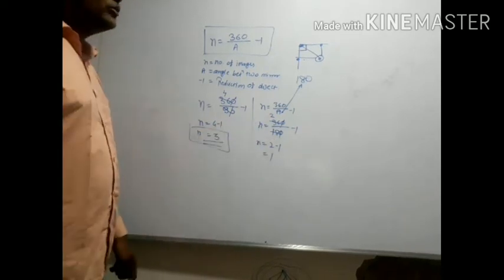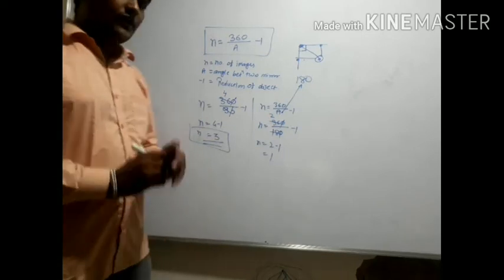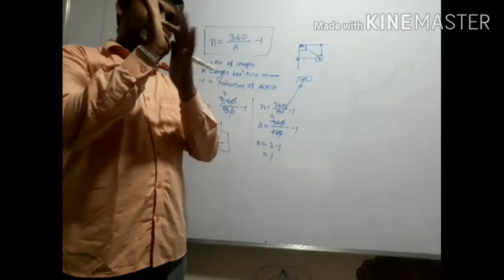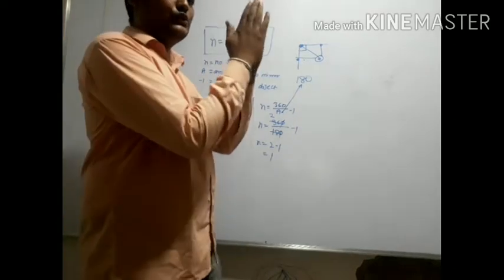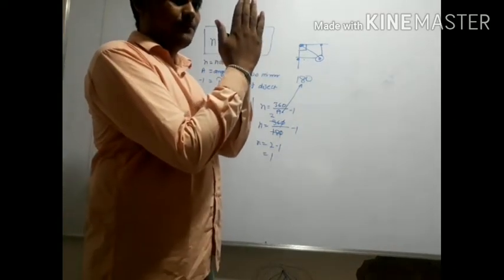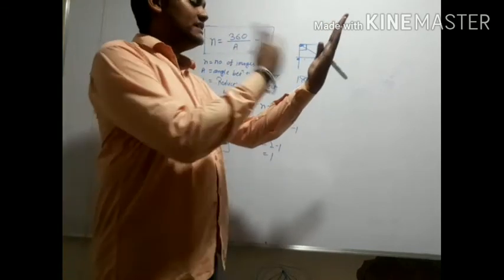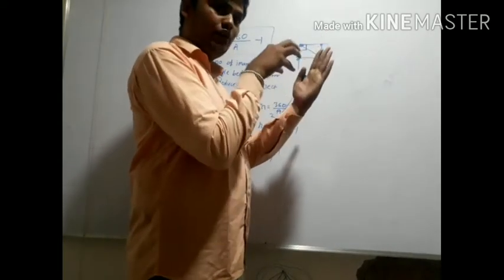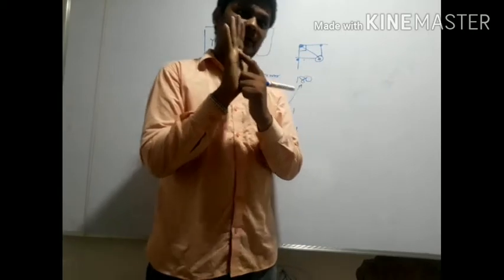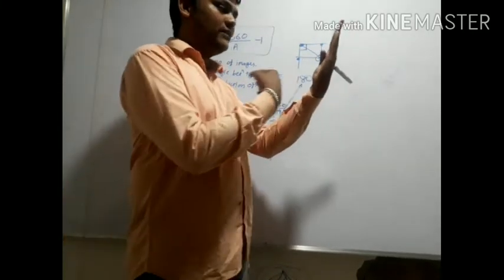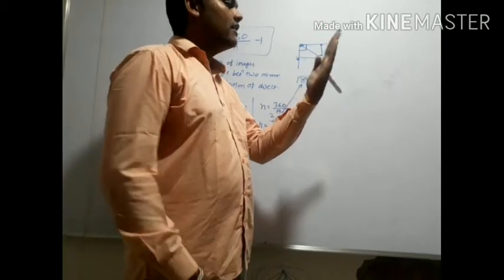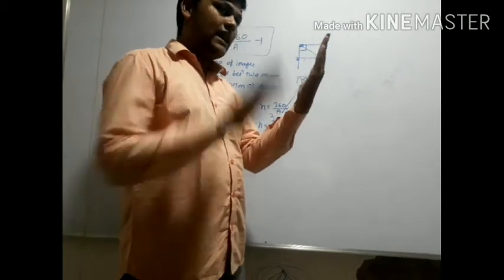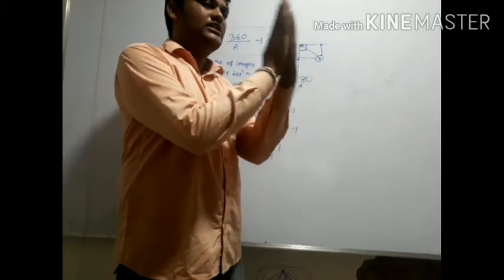If the angle between two mirrors is 360, 360 means what? One mirror is exactly like that, whose reflecting surface is over here, and another mirror also has its reflecting surface over here. Both get joined. How many images do you get now? If you see your face looking toward the whitish portion of my hand, it shows the reflection. On this portion you will get your image, and here also on this portion you will get your image. When you stand in front of the mirror, when it is 180, at that time you will get one image. Right now the angle between two mirrors is 360. 360 means exactly one mirror is like this and another mirror is on the first mirror. Now just tell how many images you got.